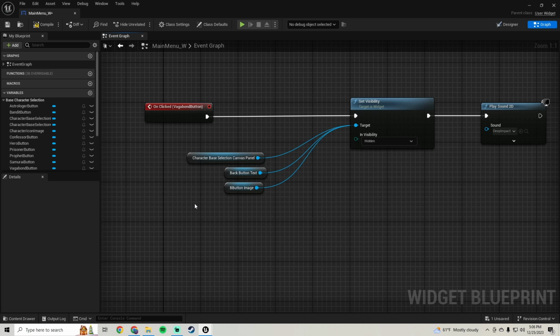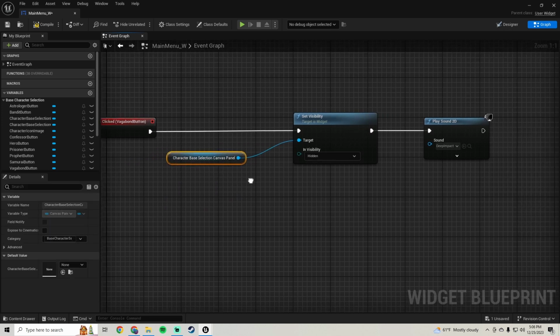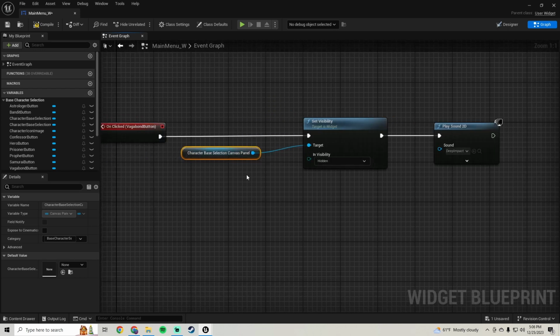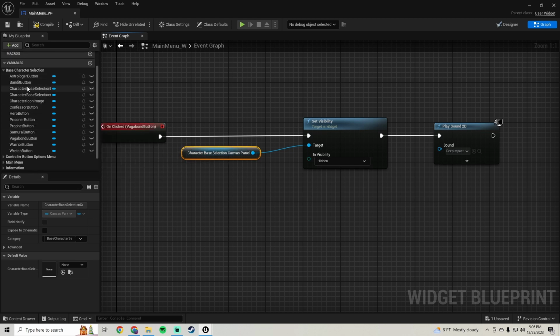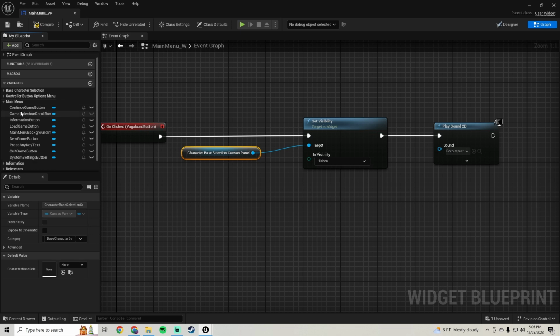And we can delete our back button and back button image right here because we'll want that to stay visible on this screen. And we want to find out everything we want to hide. So we definitely want to hide our character base selection canvas panel. We want to hide our, you can just untick that there. We want to hide our